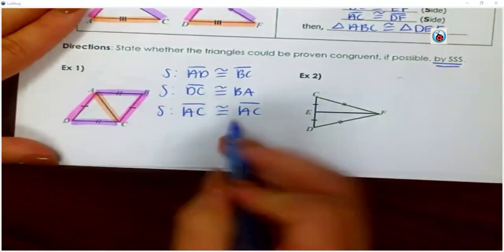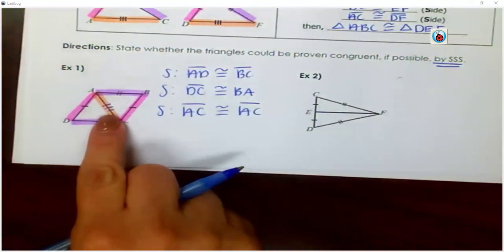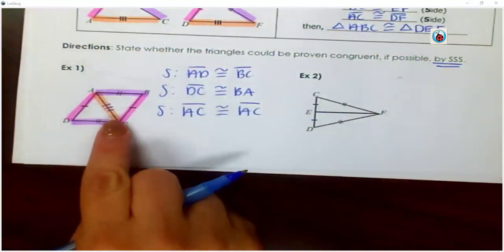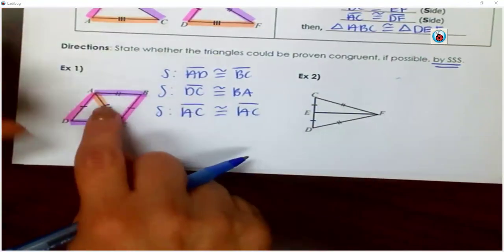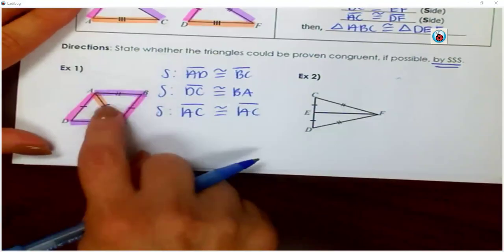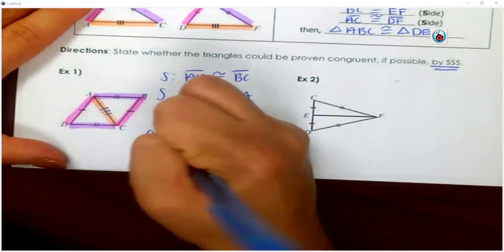It's congruent to itself. So we can mark this with 3 tick marks to show that that is the third side of each of those triangles. And so because we have 1, 2, 3 sides that are congruent to 1, 2, 3 sides, we can say that triangle ADC